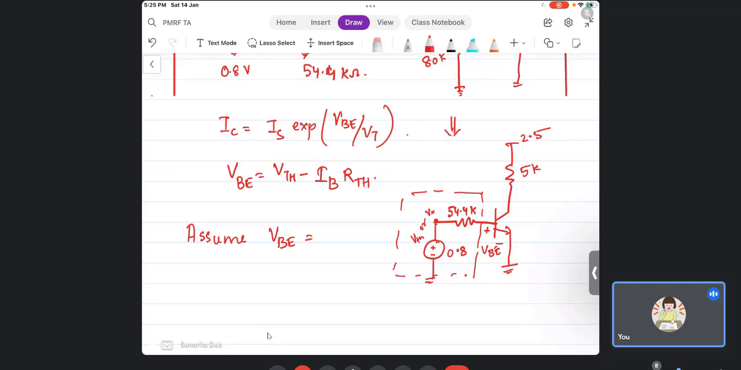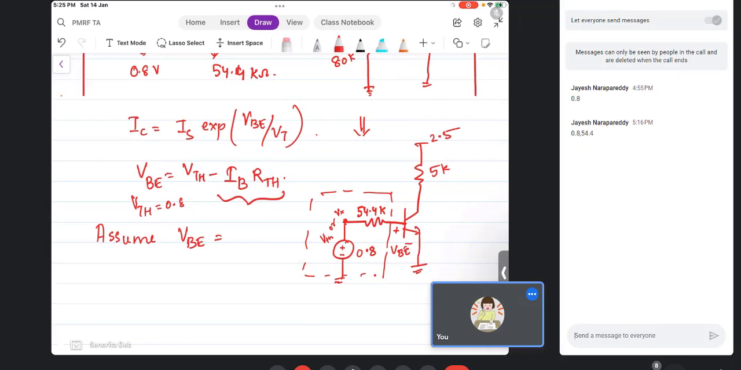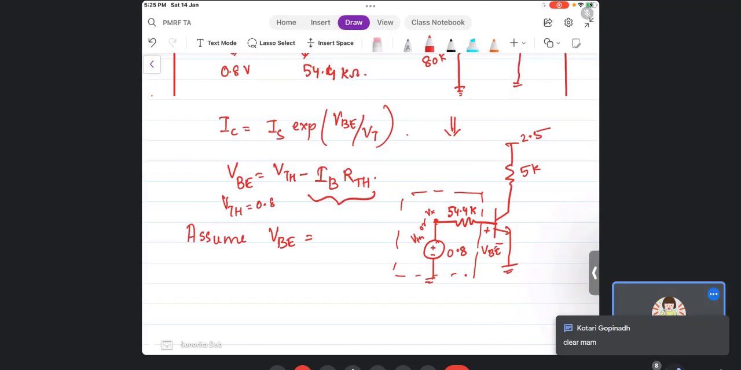Why? Because VTH is already 0.8, right? VTH I have got 0.8. So obviously VB cannot be 0.8. It has to be less than VTH by an amount IB times RTH. Is it clear or should I repeat? Okay, one of you has said clear. So VTH is 0.8 volts, VB is equal to VTH minus IB times RTH, and therefore VB cannot be assumed at